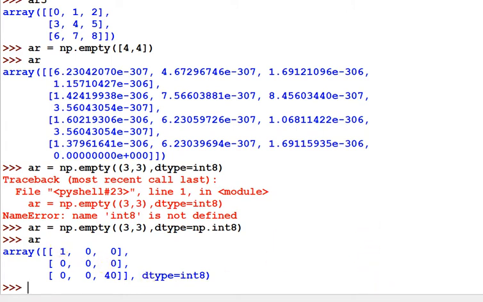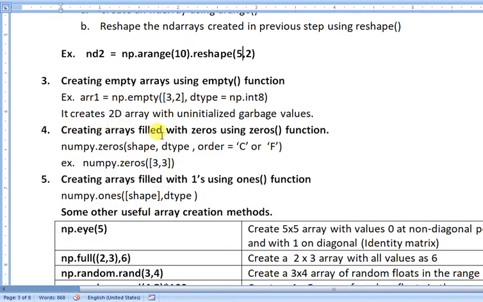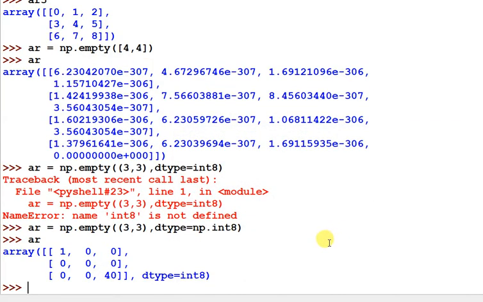And next, creating an array filled with 0 using the zeros function. If I want to create an array with 0s, I can use np.zeros, and then pass the dimension.